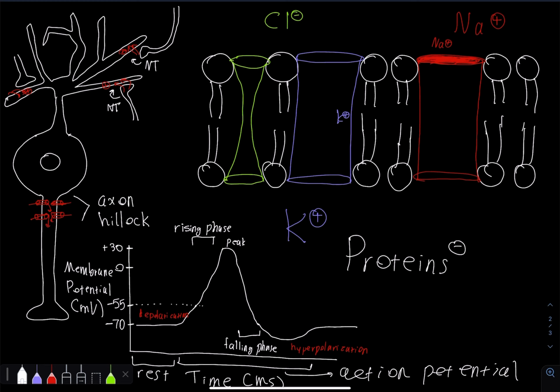That exact thing is going to happen at this axonal segment. Sodium comes in, potassium goes out. At the next axonal segment, sodium comes in, potassium goes out. At the next axonal segment, and on until we hit the axon terminal,